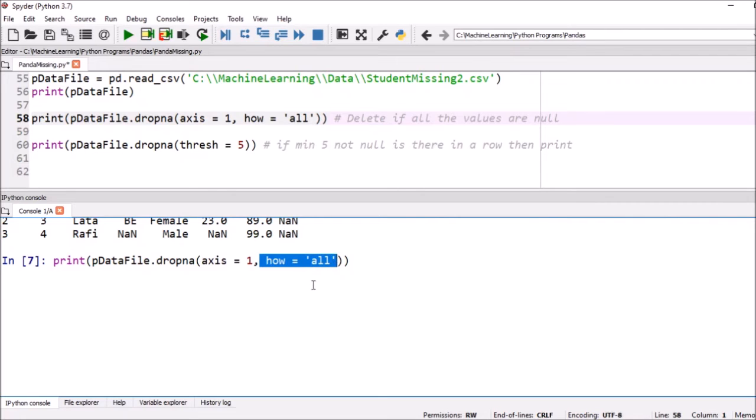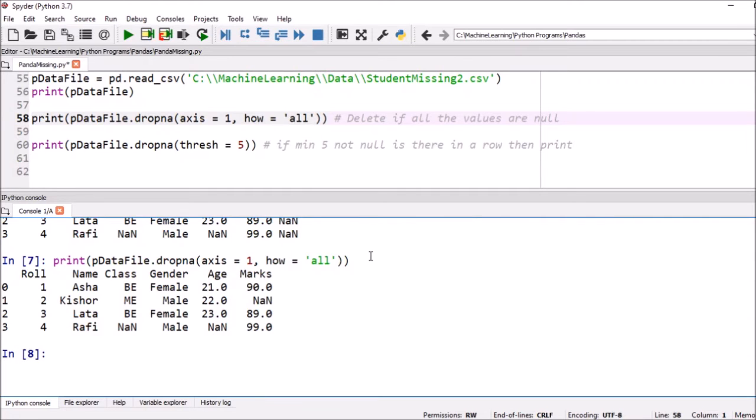So only if it contains all the missing values, then delete it. If you execute this, you can see that if even a single non-missing value is there, then you can keep it. In other words, if a few valid data are there, we cannot delete.